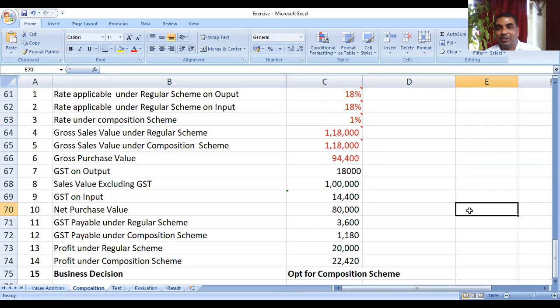Okay. So this particular exercise will help us in clarifying all our doubts. All the kind of business decisions can be clarified here. Okay, are you getting it? Yes, sir. Okay, what we'll do, we'll stop here for the timing. Just a minute, can you just click on the business decision formula again? That formula.